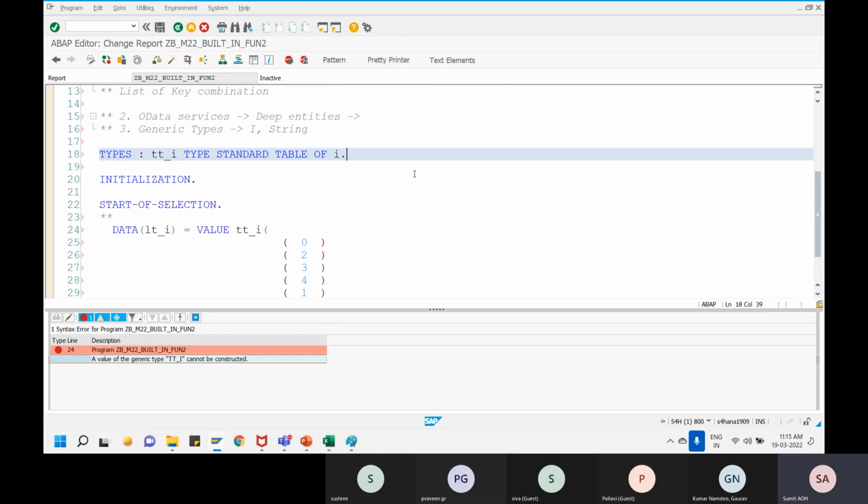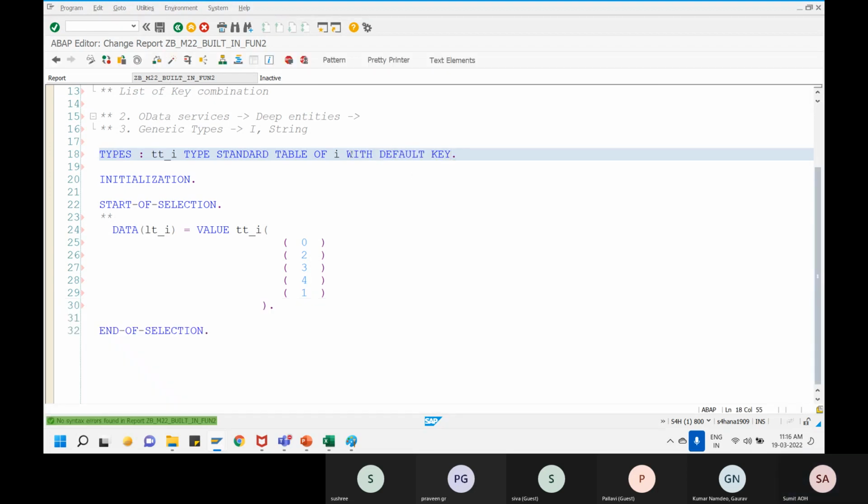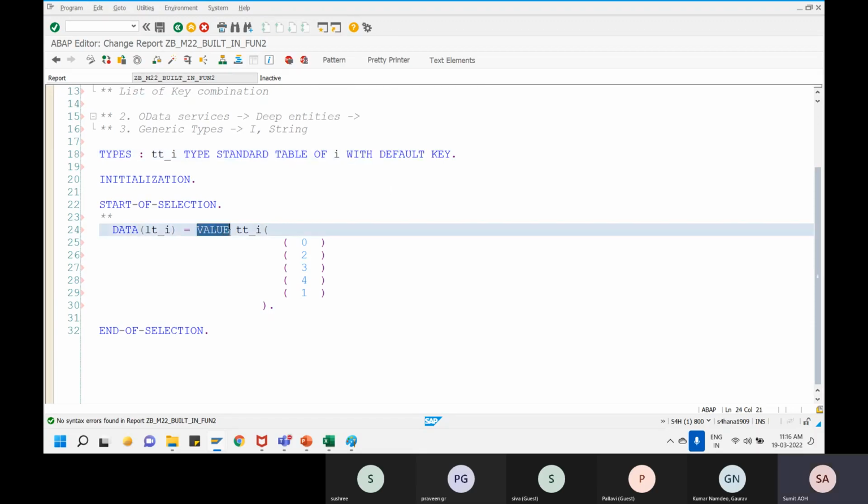Here, if you want to go one more step further, what we can do instead is go with a key specification. So when I say a key specification, I can say with default key over here. What we just did is, for us to use the value keyword over here,